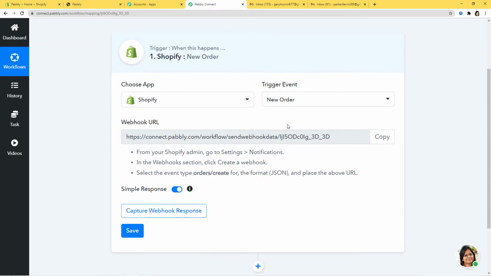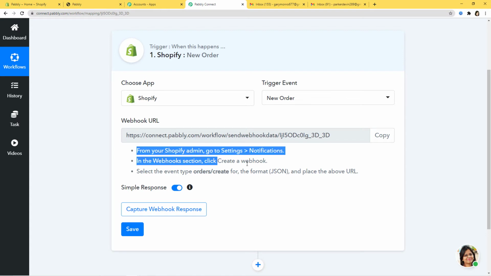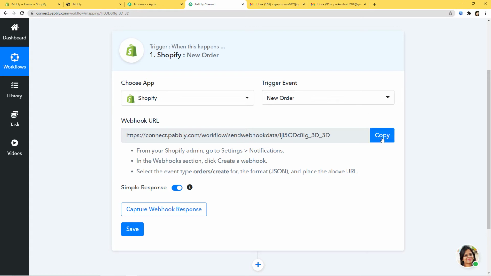So now when you come down, here you can see this term called webhook URL. So now you again might have a question in your mind that what is this webhook URL? How is it going to help us? Let me tell you that webhook is an essential way to get data from an external software at Pabbly's end. So this webhook URL helps you to build a connection between the trigger software application and Pabbly Connect. So after choosing the app and choosing the trigger event, what we do is we copy this webhook URL from here and we go and paste it inside the trigger software application, which is Shopify in our case. So you can read the instructions written here carefully and you can follow them. So now what I'm going to do is I'll copy this webhook URL from here.